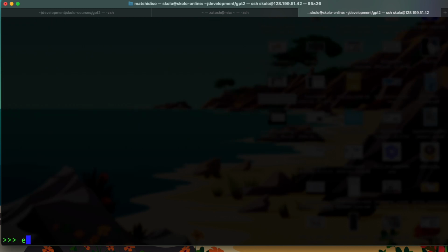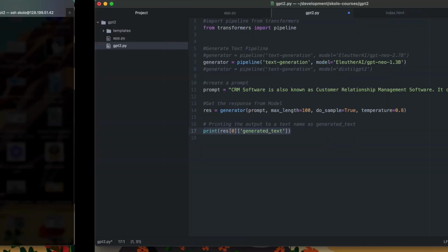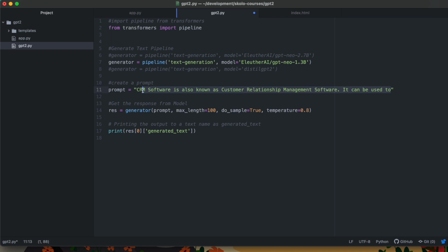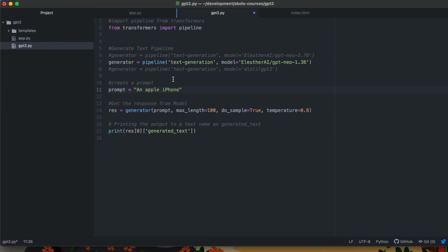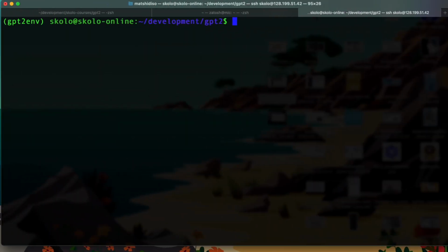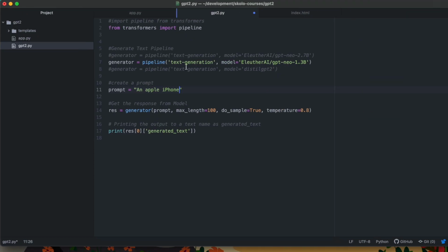All right, so I'm going to exit out of this. I'm going to clear that, and let's play with this a little bit. Let's get like an Apple iPhone. Let's use that prompt. Okay, so let's then run this as an actual Python file. I'm going to say nano GPT-2.py. So it's going to open a text editor, and I'm actually going to just copy all of